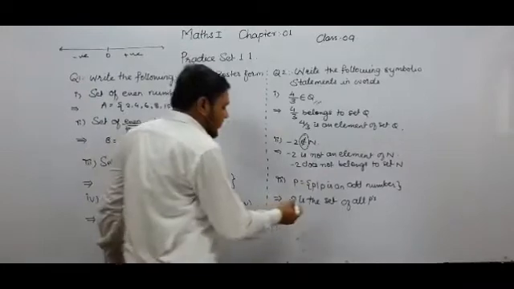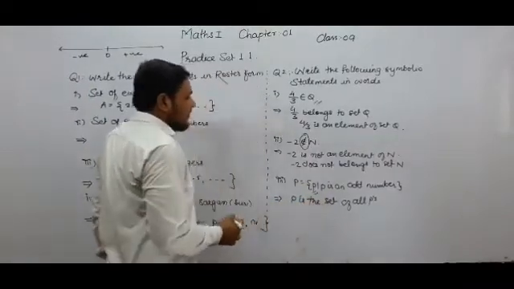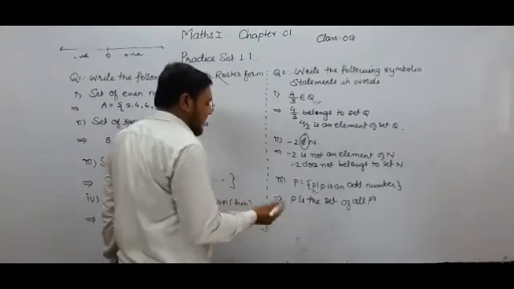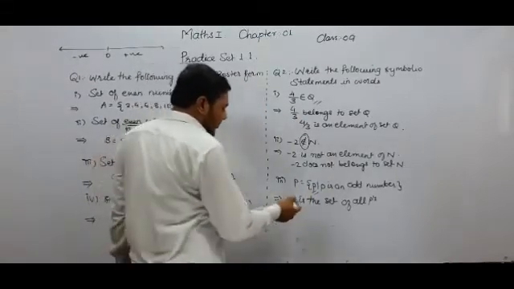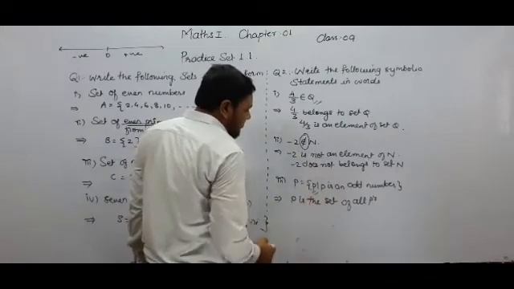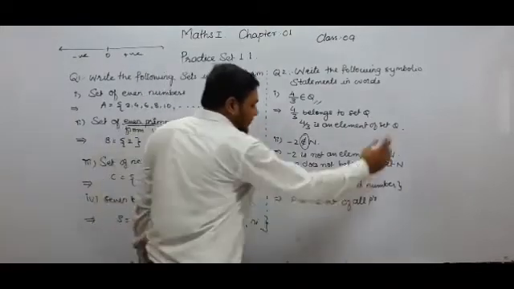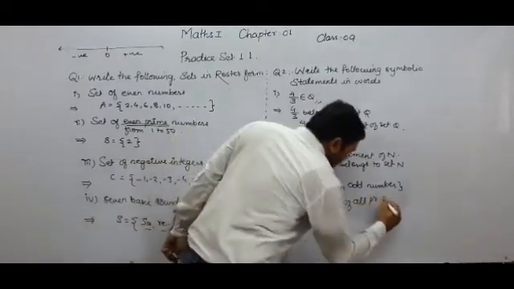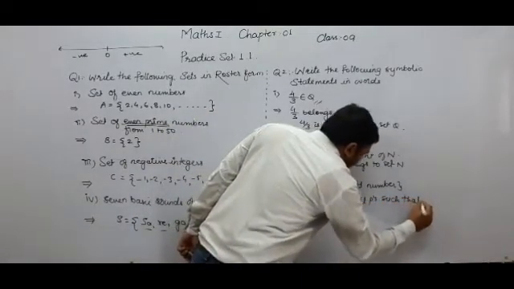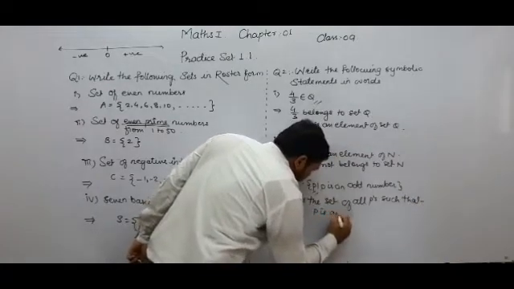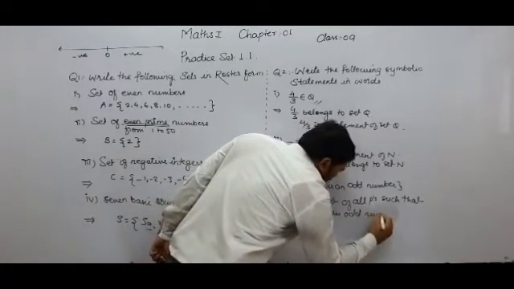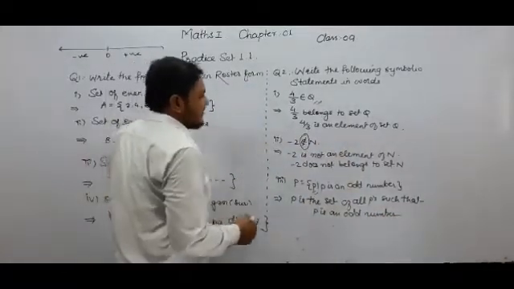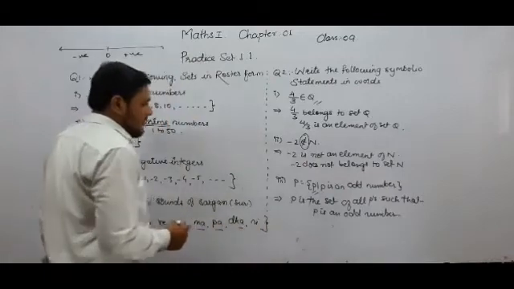This is the general element written here. We have studied in the set builder form that we have to take one general element by using a variable, and after the variable there is a vertical line which means such that, and after that we have to write the property of that set. So P is the set of all p's such that p is an odd number. So student, this is the statement which we have written in words for the symbolic form.